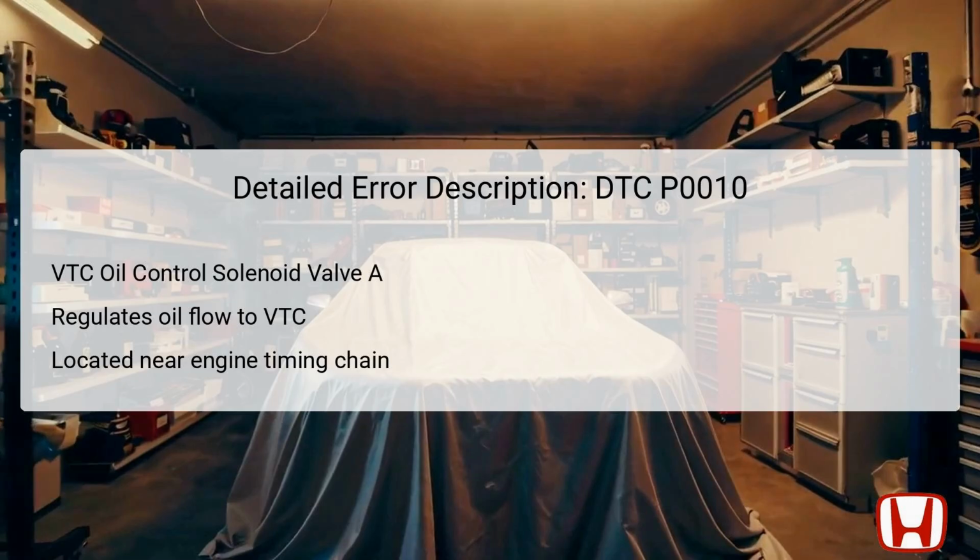the VTC mechanism. Typically, you can find this component near the engine's timing chain or belt, as it has to interact closely with the engine's camshaft operation. If it fails, various engine operations may be compromised, indicating the urgency of diagnosing the specific issues that arise from this DTC. Therefore, thoroughly inspecting this solenoid and its connections becomes a focal point in troubleshooting the performance of your